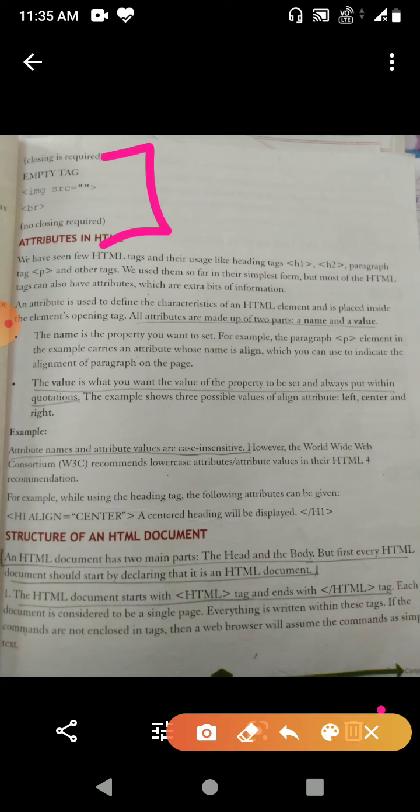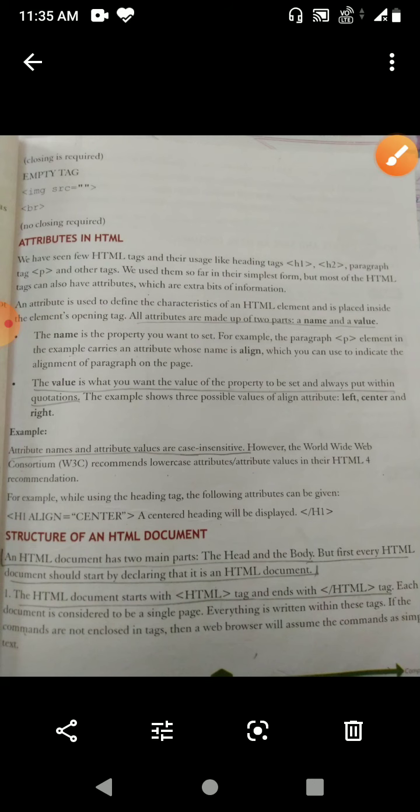Now we will learn about some attributes. We have seen a few HTML tags and their usage, like the heading tags h1, h2, and the paragraph tag p. We have used them so far in their simplest form, but most HTML tags can also have attributes, which are an extra bit of information.